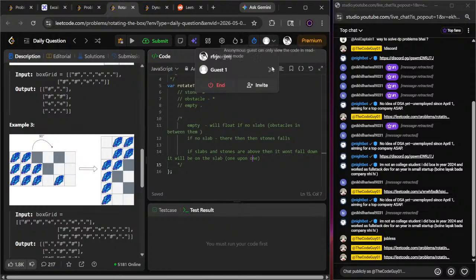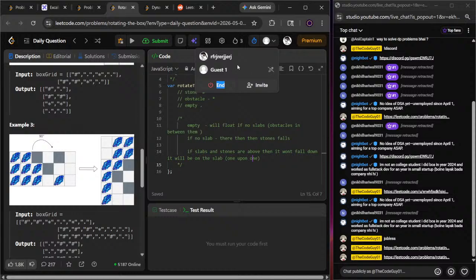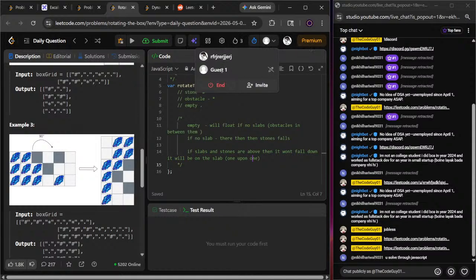Guess one. What is this? Can only view. Why? I'm giving permission to write everything. Why can't I do anything? Oh, you're not using LeetCode. Yes,